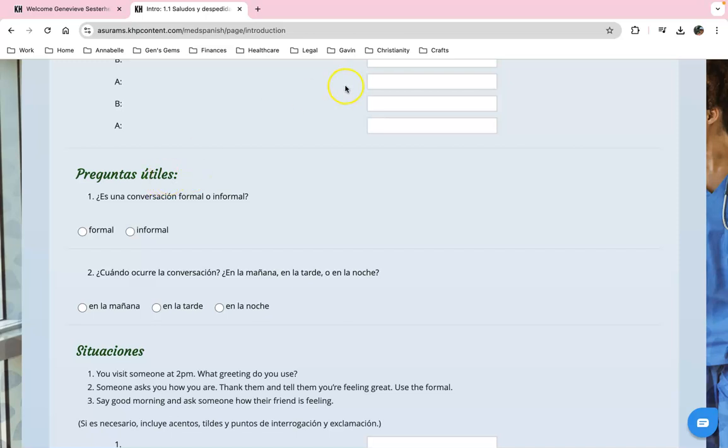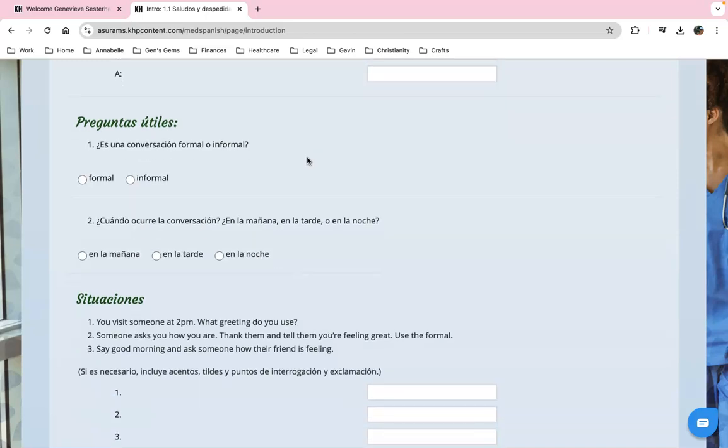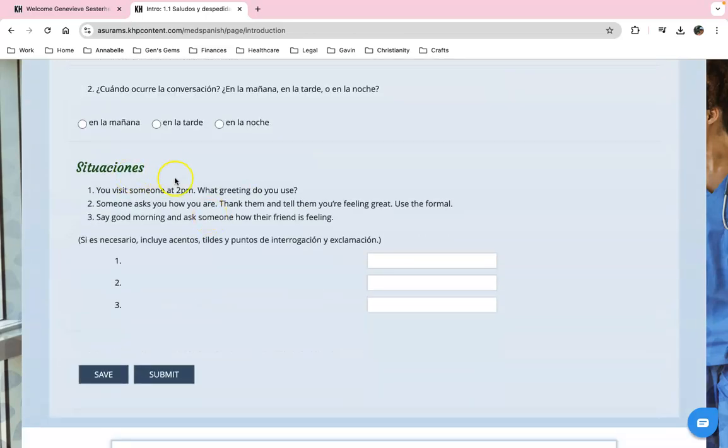It's asking you, so is your conversation that you wrote formal or informal? When does it occur? In the morning, afternoon, evening? You visit someone, okay, and then write a situation. And again, you're typing these out. So